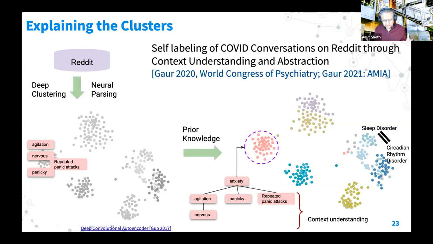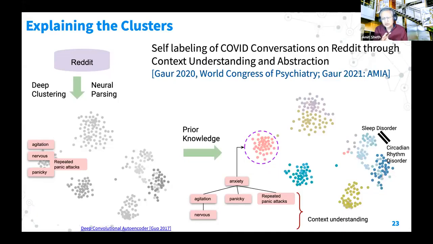So we have knowledge which provides the context. In this case, you see anxiety, agitation, panicky, all those concepts being organized. That gives you a much more specific understanding of what the data represents. If you just use statistical techniques, you get some clusters, but it does not give humans enough insight into what that data has. With the use of context provided by knowledge, you are able to understand a lot more from the statistical analysis